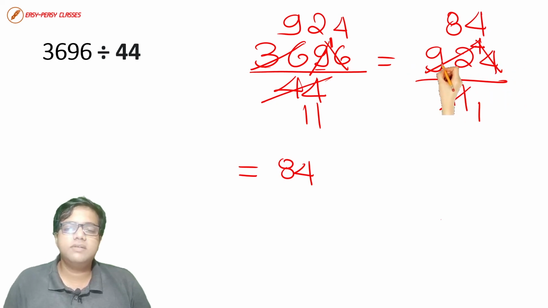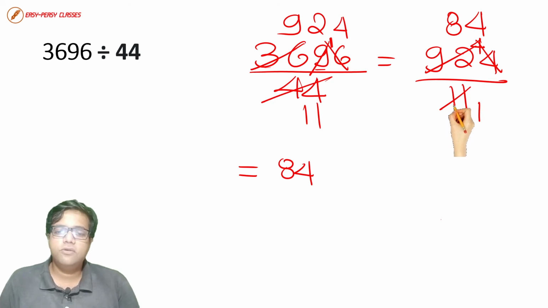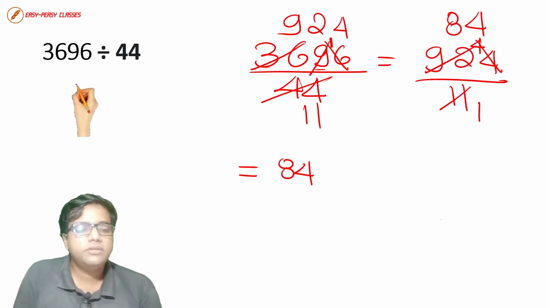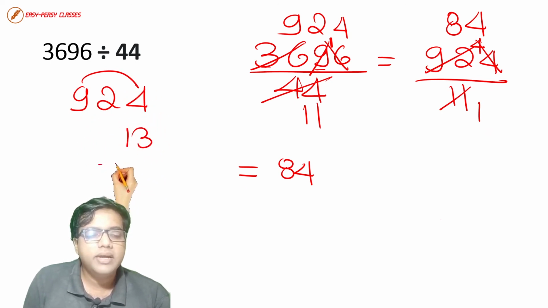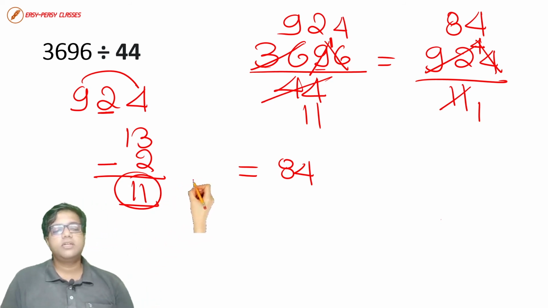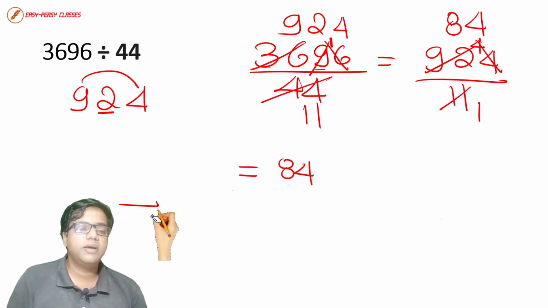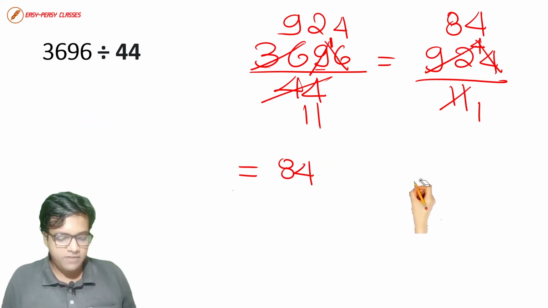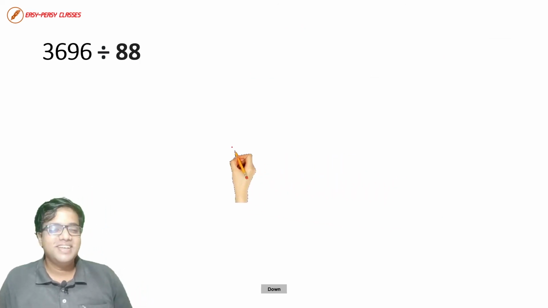If you want to do the divisibility test on 924 for the number 11, then you need to take the alternate digits. The sum of alternate digits, 9 plus 4 is 13, minus 2, the left out number is 2. If you take the difference, 11 is coming. So therefore it is a multiple of 11 because 11 1s is 11. So this whole number is divisible by 11. This way also you can check and cross verify. Okay, but the answer is 84. 84 is the answer for this question. Let's move ahead.